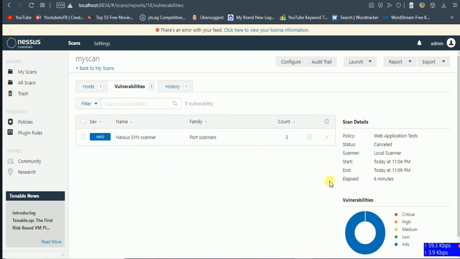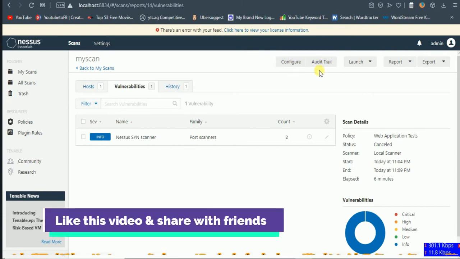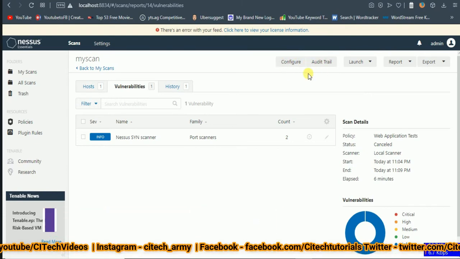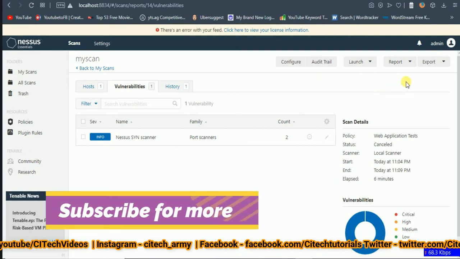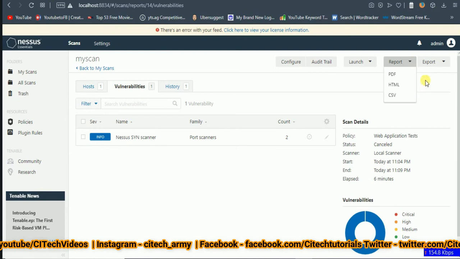After all this, we have lots of options, but I am not going to launch this scan again. What I am going to show you is the report, how the report is generated after the scanning has been done. When you have done your scan, there are three options: PDF, HTML or CSV.